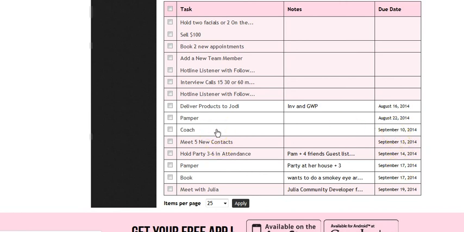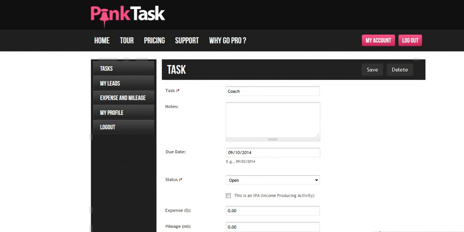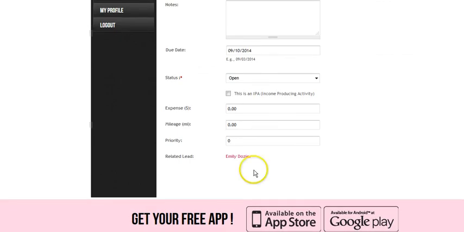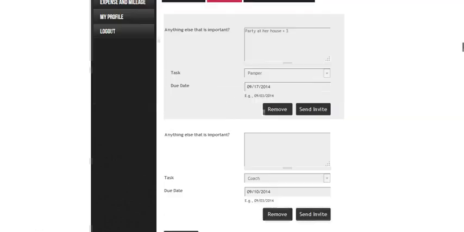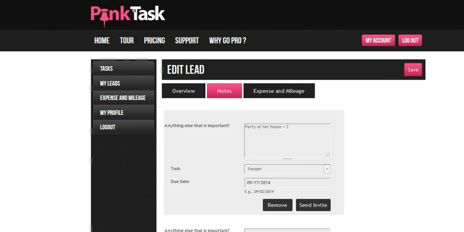You didn't put anything in the notes, so nothing shows up in that column. But, oh, okay, I got to coach Emily Dozer. All right, and so everything's all linked, and in her notes section are all her notes. So it keeps all her notes. So I hope you really enjoy that. The first couple times you do it, it may be like, oh, where do I get that, or where do